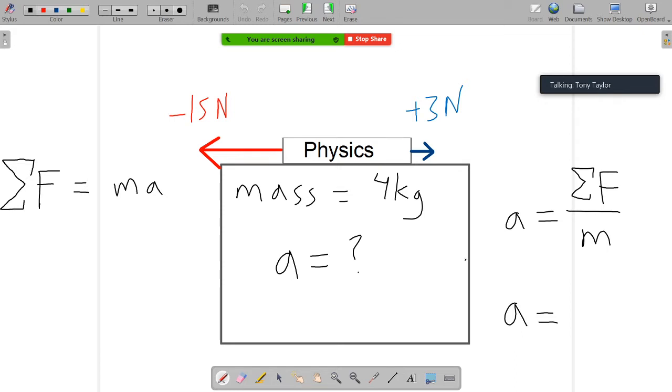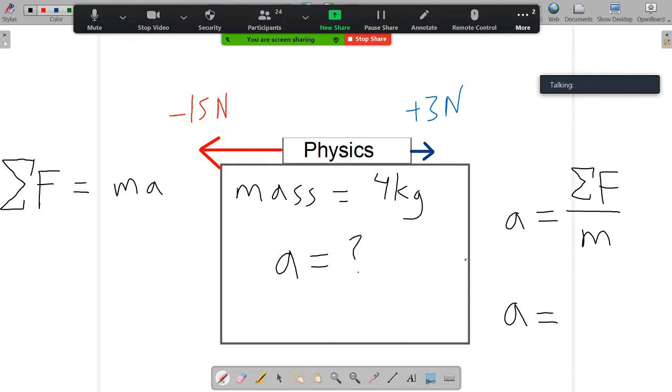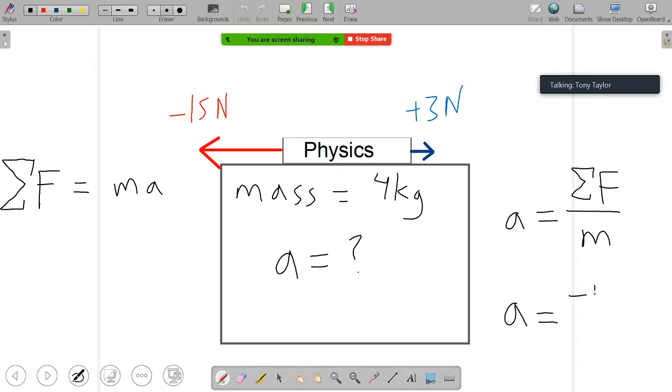If you add up those forces, what do you get? Yes, thank you, Nayeli. It will be negative 12 newtons. Exactly. And if the mass is 4 kilograms, negative 12 divided by 4 gives me an acceleration of